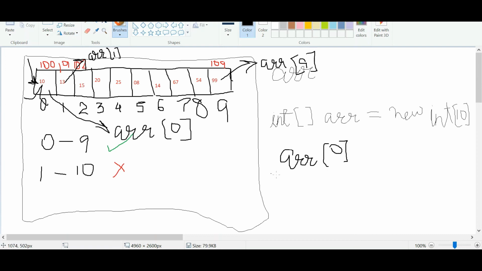Then we need to enter 13 at ARR 1, 15 at ARR 2, and so on till ARR 9, where we need to enter 99. So every time the change is just inside the square brackets, that is, the change is in the index number, correct? So we take a for loop which first of all points to the first index of the array. Then once the number is entered the first time, we increase the index by 1, and now it starts pointing to the second index,